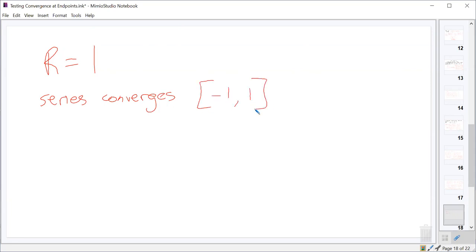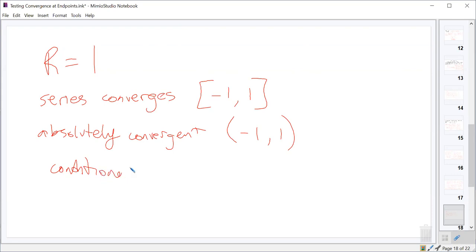We would say that it is absolutely convergent only on -1 to 1, non-inclusive. And we would say that it is conditionally convergent at x equals -1 and